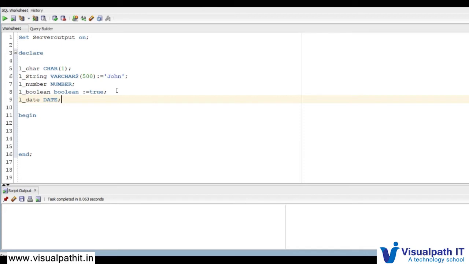If you assign a date, there is a small trick in it. If you want to initialize this date variable, you can assign in this way also. It will not give you any error, but it will store as a string in the database.